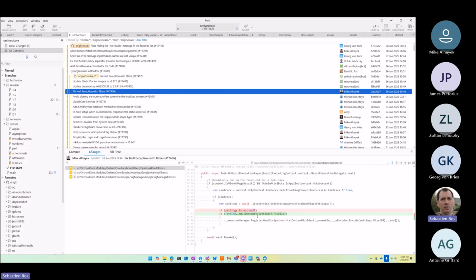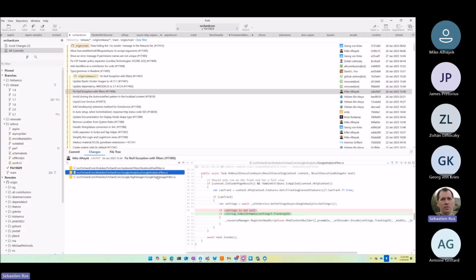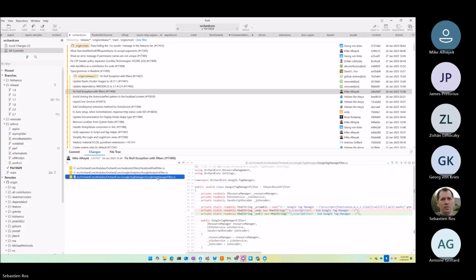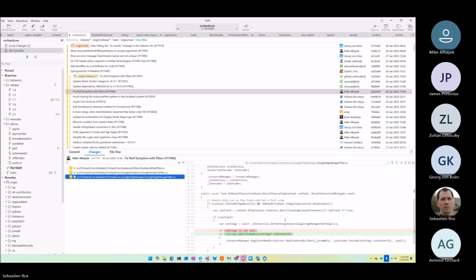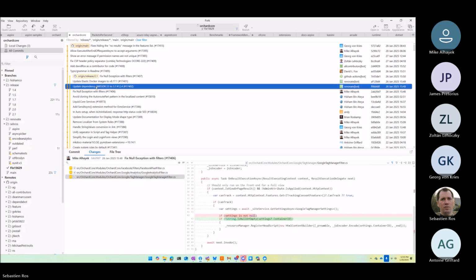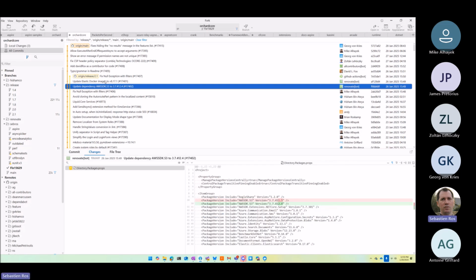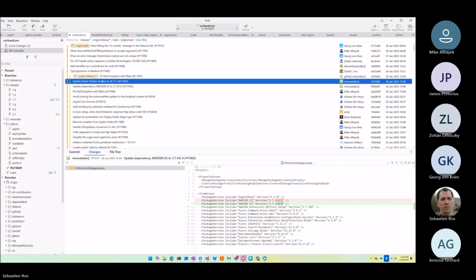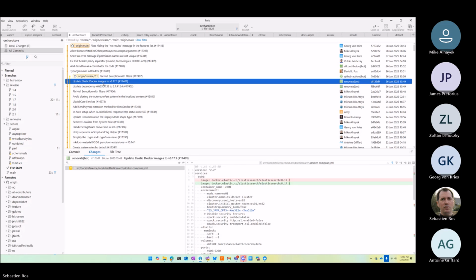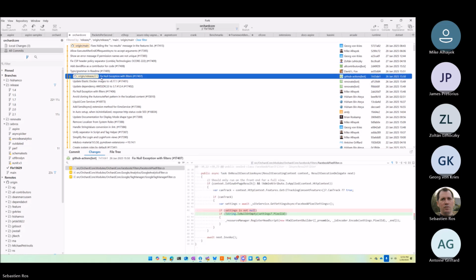Fix null exceptions with filter. Okay. Pixel ID. Tracking ID. Take dependencies, date. And then, yeah, I mean,